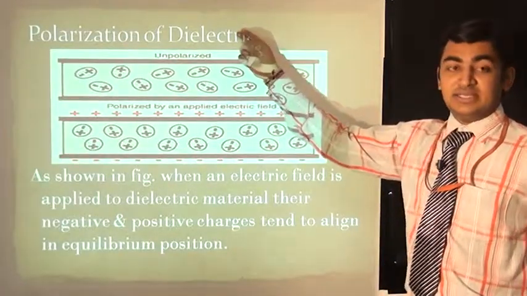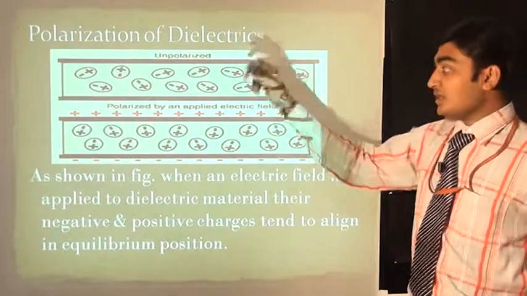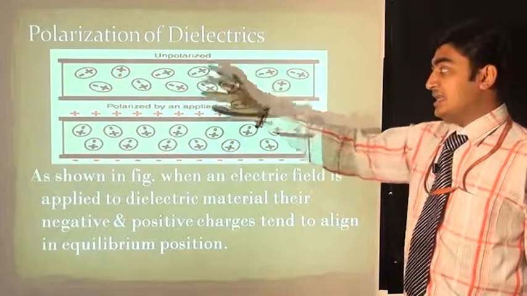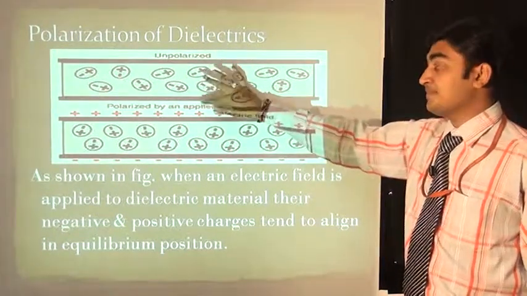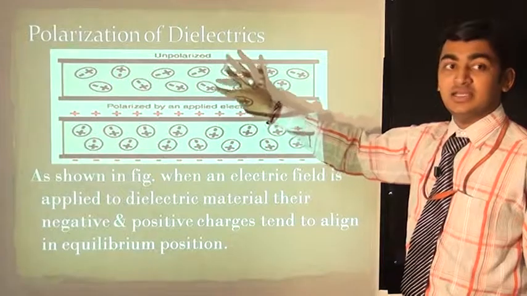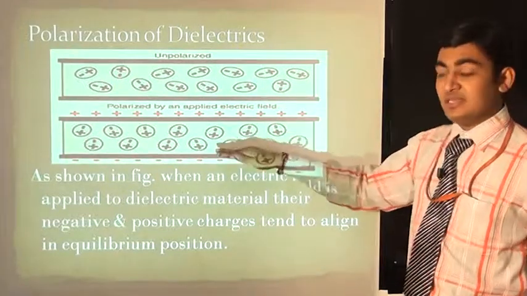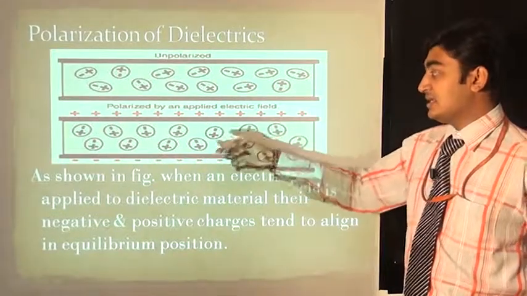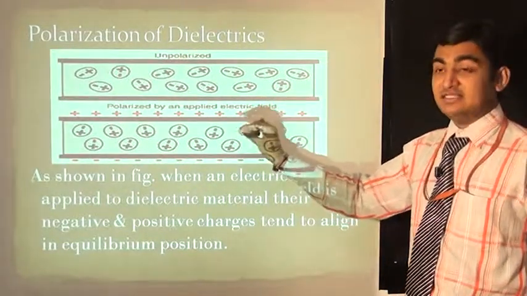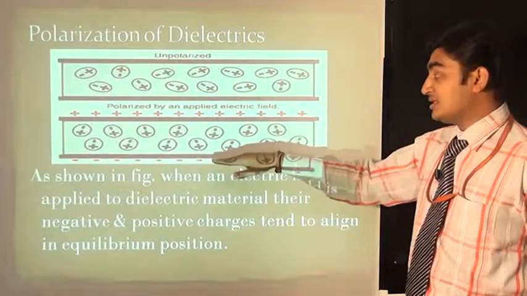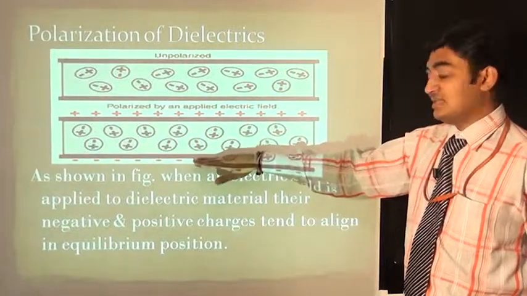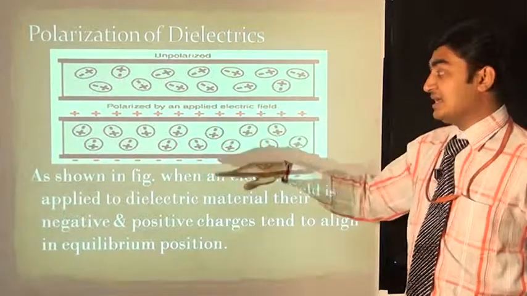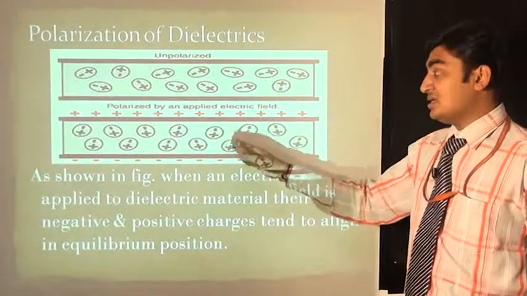Polarization generation in a dielectric. Polarization is generated by applying an electric field. In the absence of an electric field, all charges are randomly arranged in the medium. Then when we apply positive and negative fields on both plates, all the charges will arrange in a particular direction. Positive charge will be attracted towards the negative plate, and negative charge will be attracted to the positive plate, and they are arranged along the direction of the electric field.